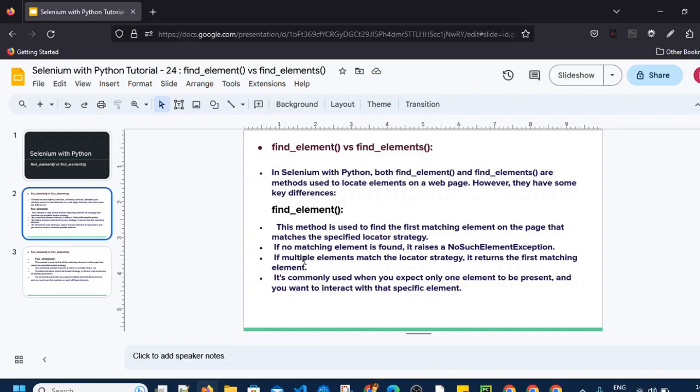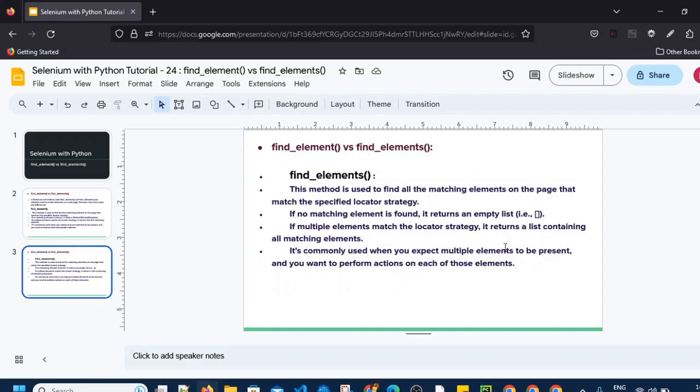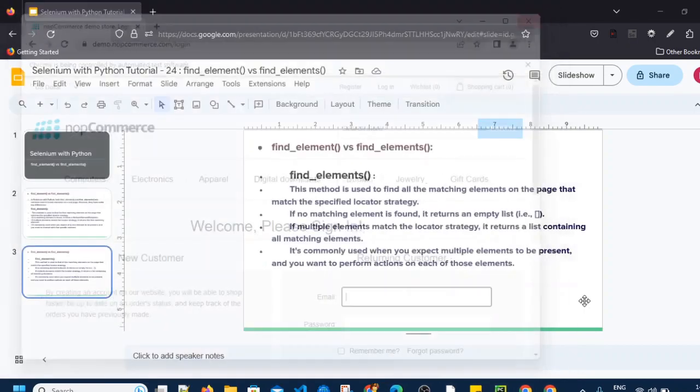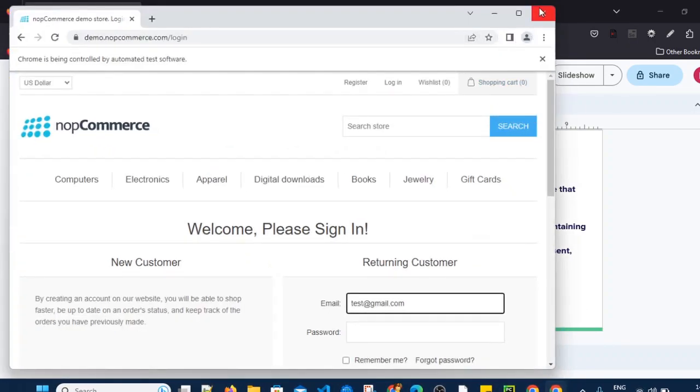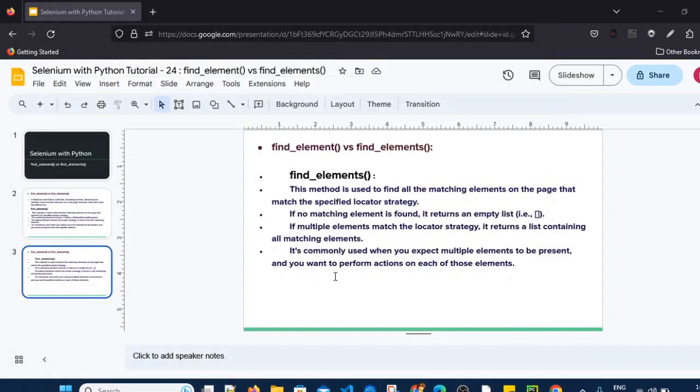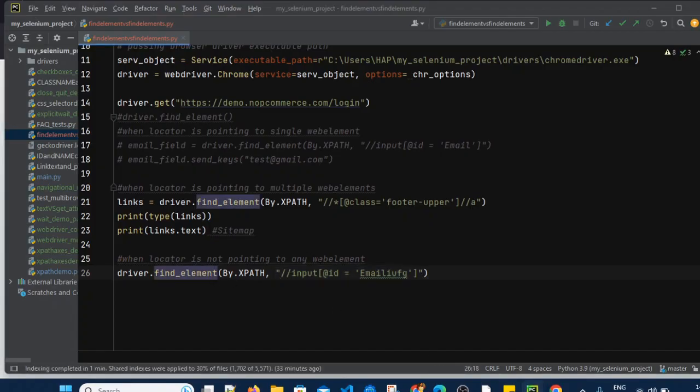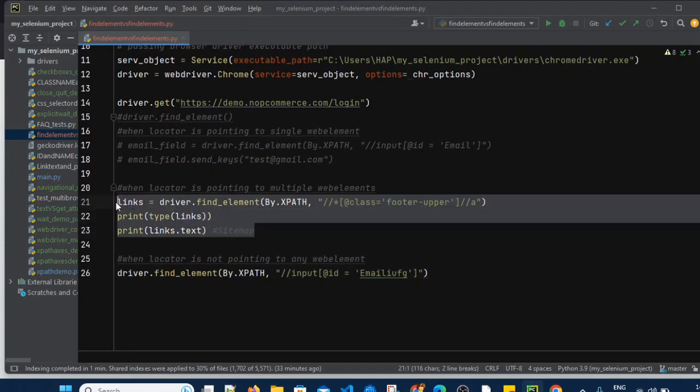Now we will see the same scenarios for the findElements method. I am closing these browsers. Let's try to see the same scenarios with the findElements method this time. So I am commenting this code.